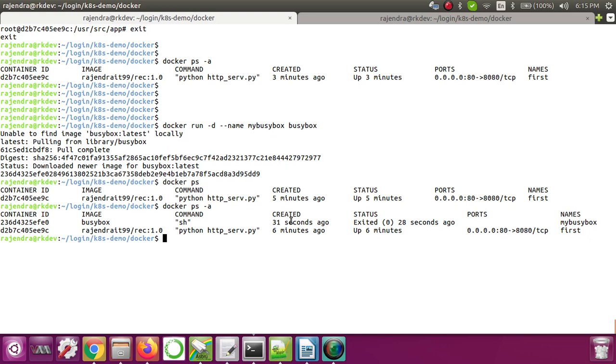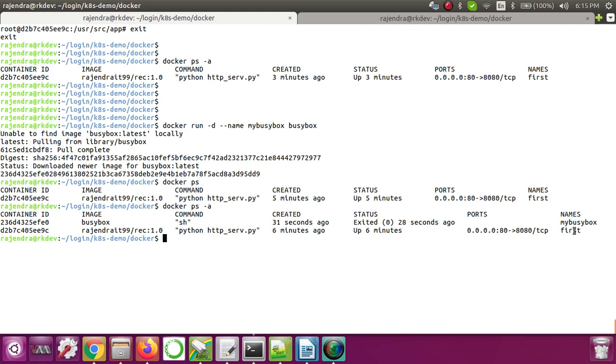So how can we make this container run? We can add any process which will run, so that this container will be in a running state. Let's see an example.